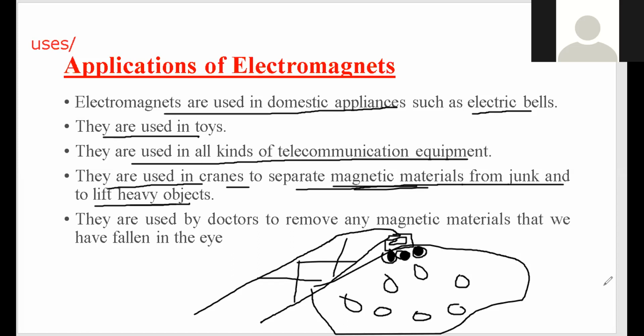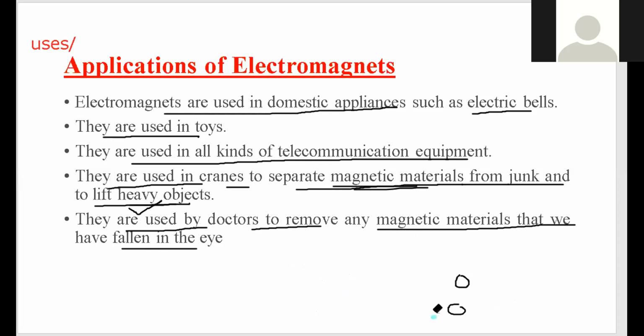So to shift those old cars or the body of a car from one place to another, even for that purpose, electromagnet is used, because if the magnet is of very high power, it can easily lift all those heavy objects, right? Then finally, they are also used by doctors to remove any magnetic materials that may have fallen in the eye. For example,